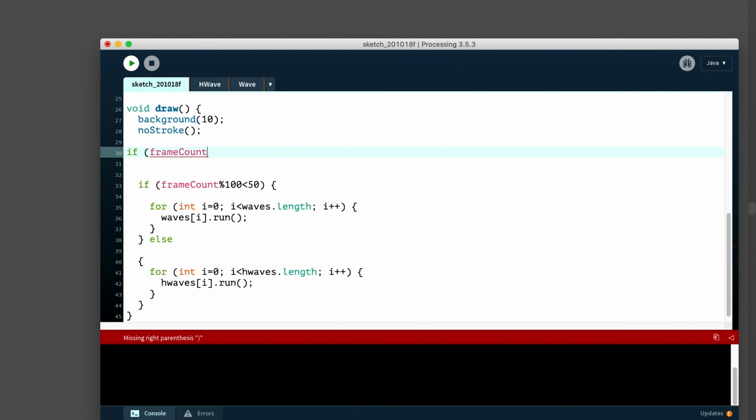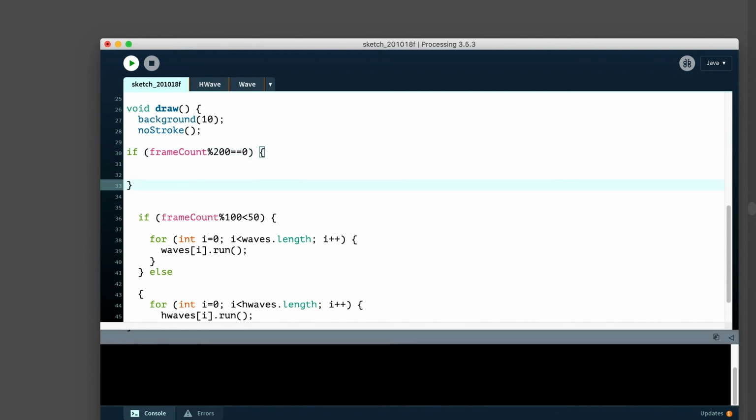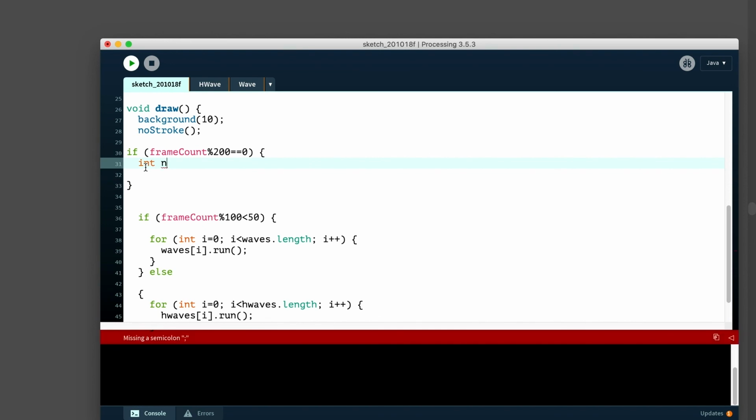If frame count modulo 200 is equal to 0, we can go in and maybe change the number of bars.